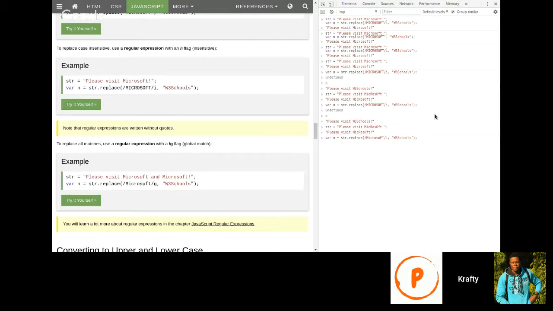Yeah, it works. So regardless of the case, in either of